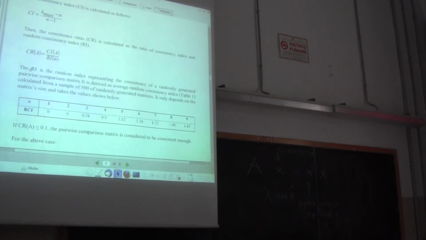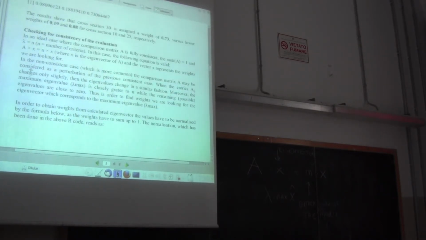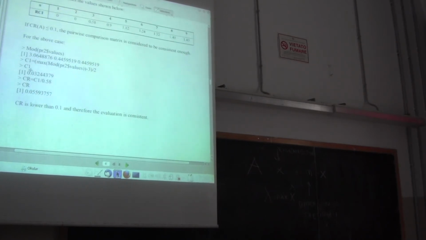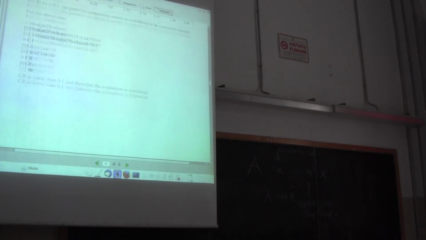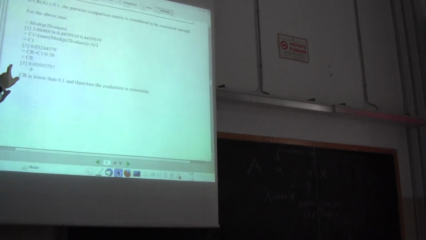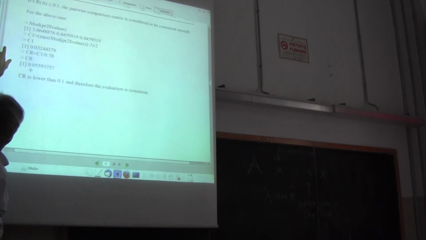This is not so easy to get, but in order to perform it in R, the solution is very simple. And if you move forward in the document, here there is the code. Basically, you have to compute PR2. Remember that PR2 is your eigenvector. And if you compute the module of this eigenvector, you get these three values, and you see